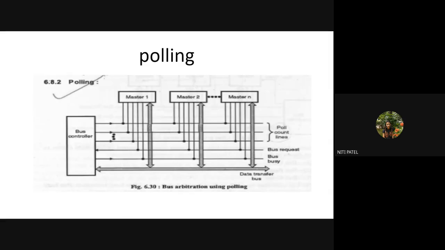So that it generates the address. Now suppose it is connected only to the first line. It might happen that my bus controller puts the address on the second line. And since my master is connected only to the first line,